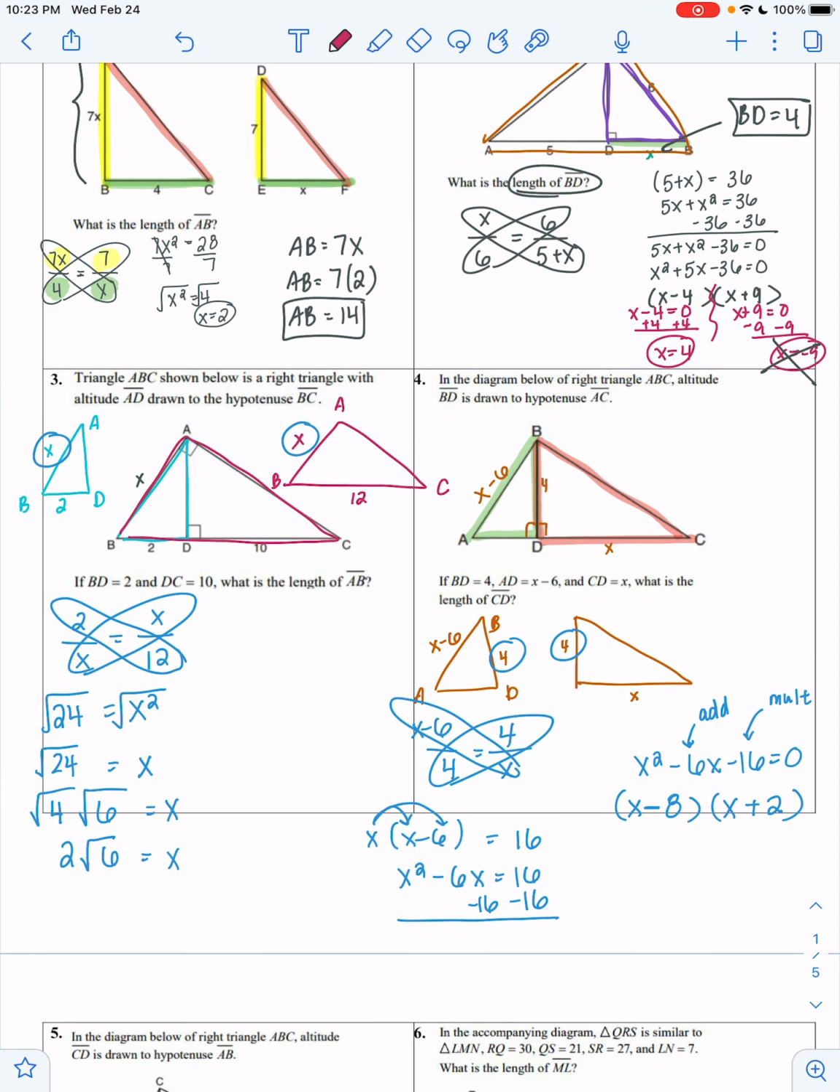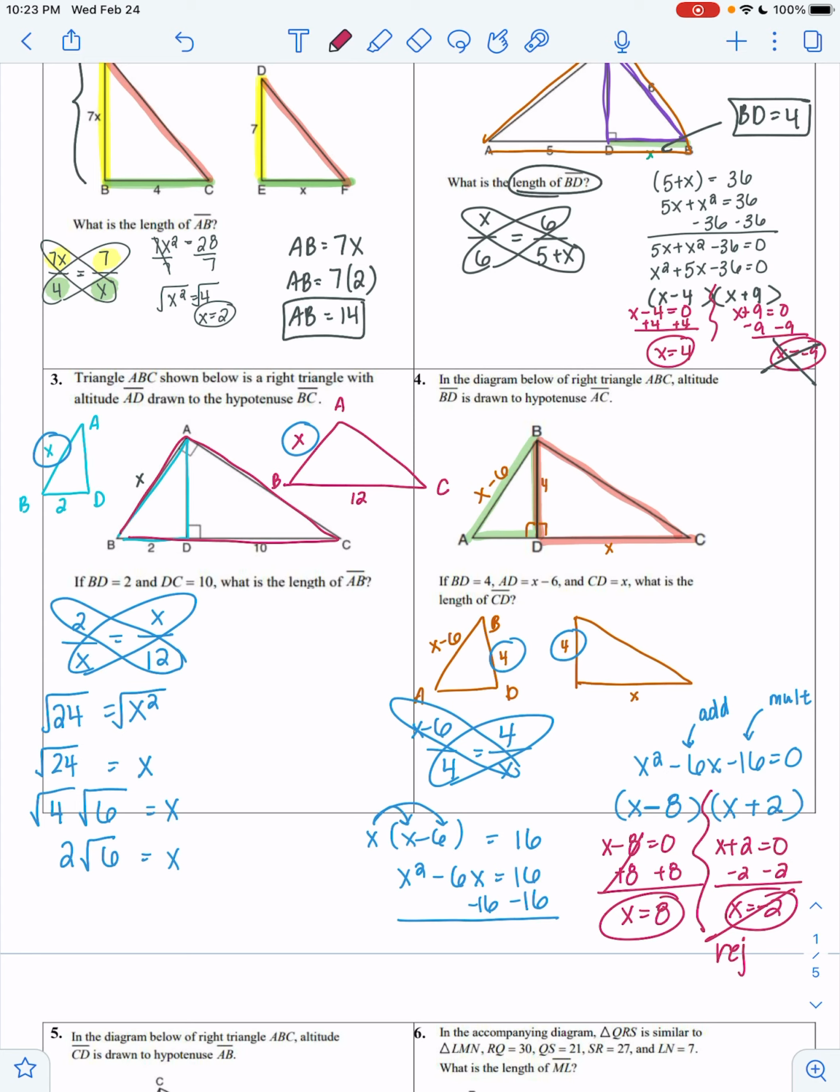All right, just like problem 2, we're going to set each piece equal to 0. On my left side, we add 8 on both sides to solve. We get X equals 8. On my right side, we subtract 2 on both sides. We get X equals negative 2. And we end up having to